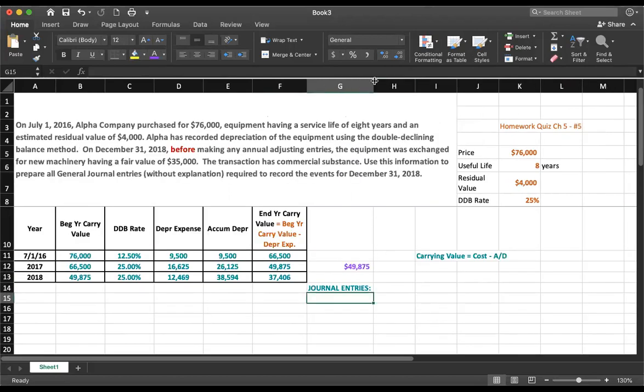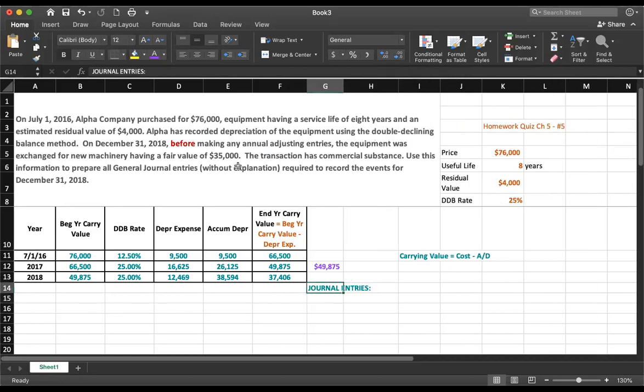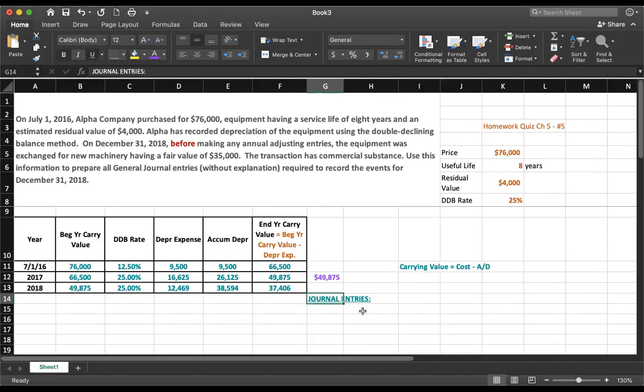The first journal entry that we're going to have is the journal entry to record the depreciation expense for 2018. All right, so in this case, it's the 31st of December 2018, and we're going to debit